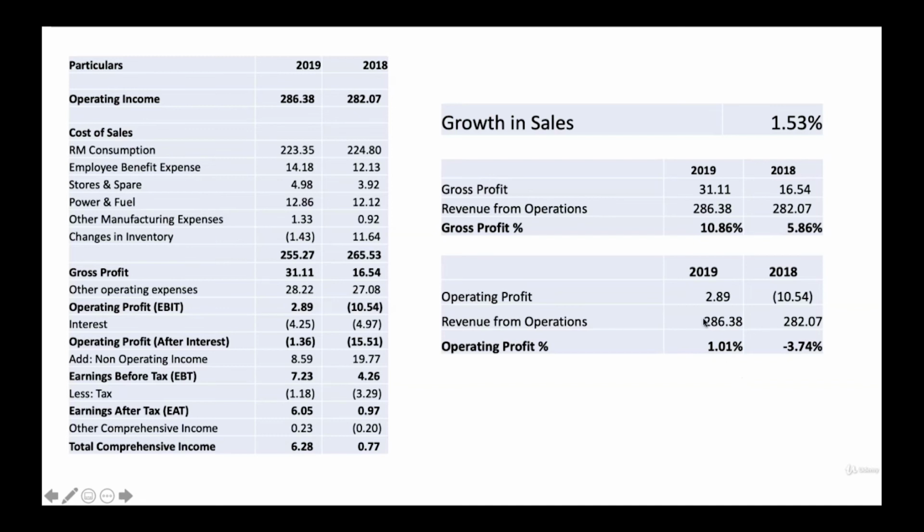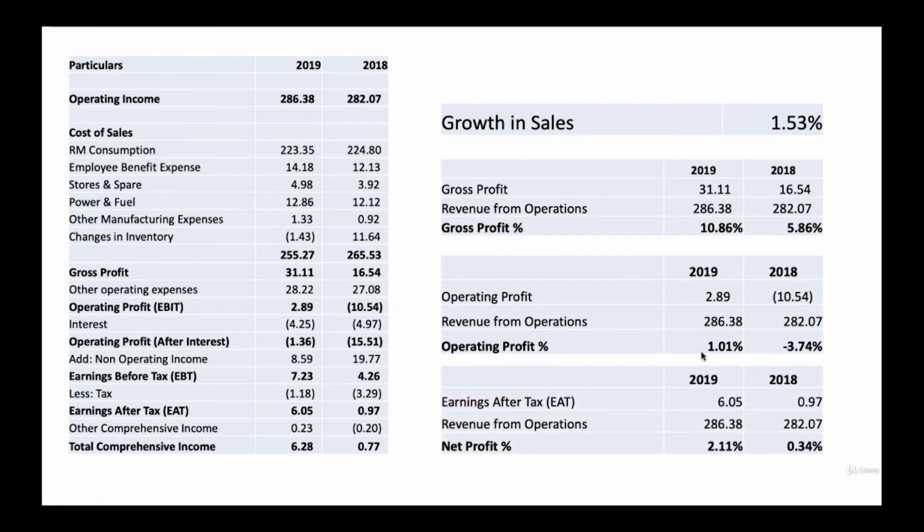But one thing you have to infer is this. 10.86% gross profit has come down to 1.01. It means they had so many other operating expenses. It has eaten a substantial portion of gross profits. Then let's see, there is one more profit, that is net profit, where you should compare your earnings after tax, this figure, with the top line, that is revenue from operations. And when you do that, you can see it was 0.34% in 2018